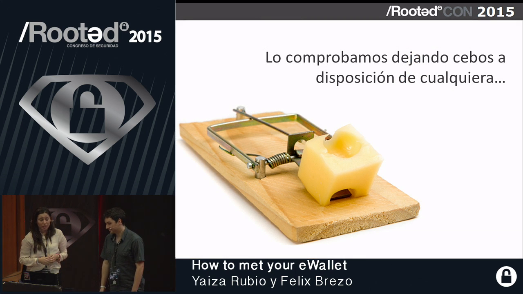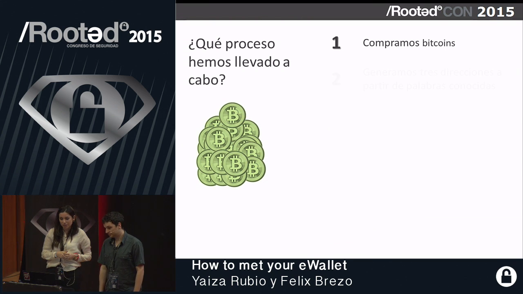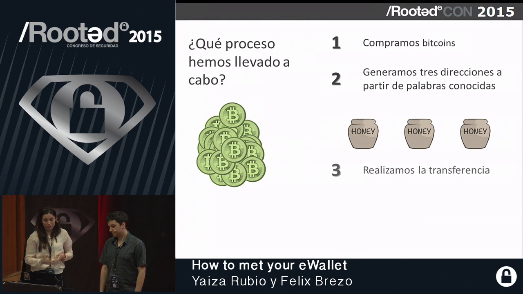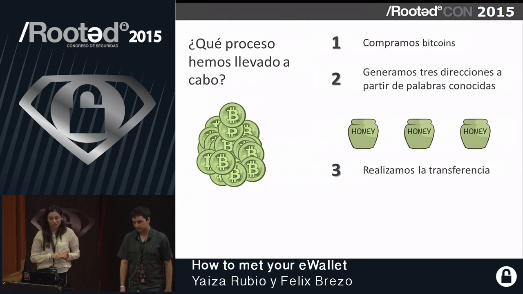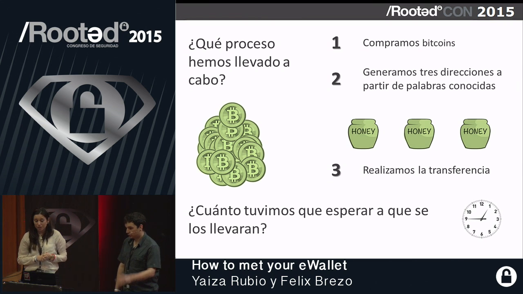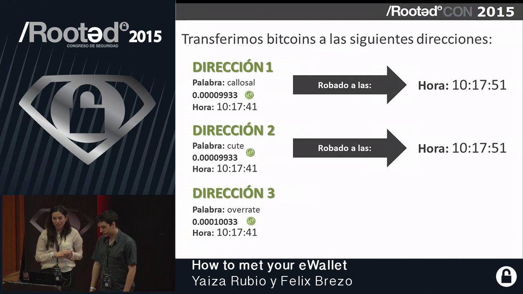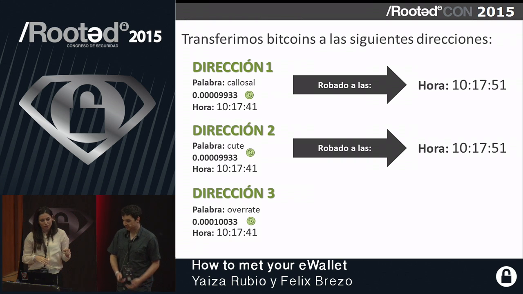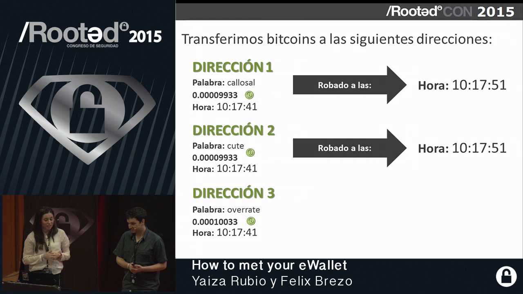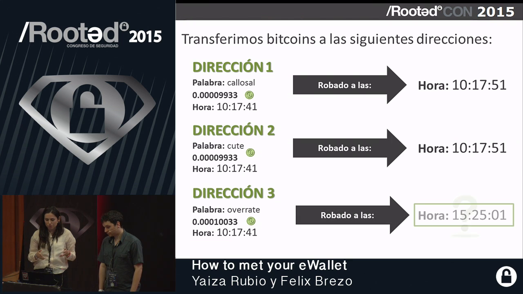That's why we wanted to monitor whether there were people checking these accounts. That's why we put out some baits. We put some baits and we transferred money, and we only waited for 10 seconds to see what happened. The different addresses: address 2 only took us 3 seconds.